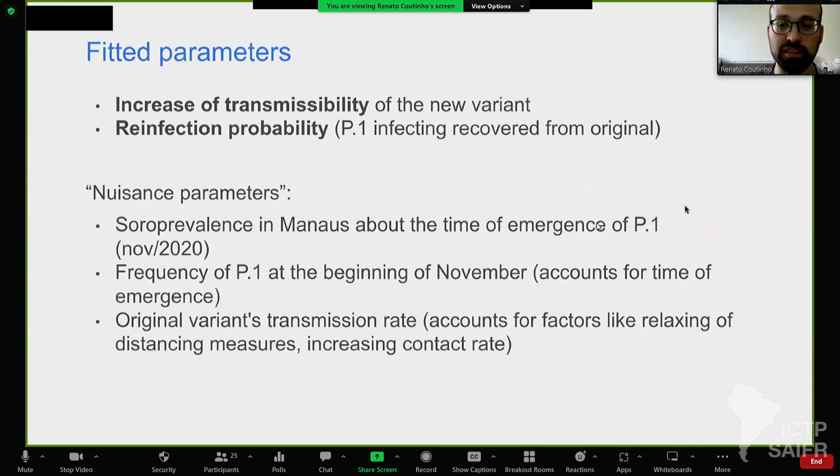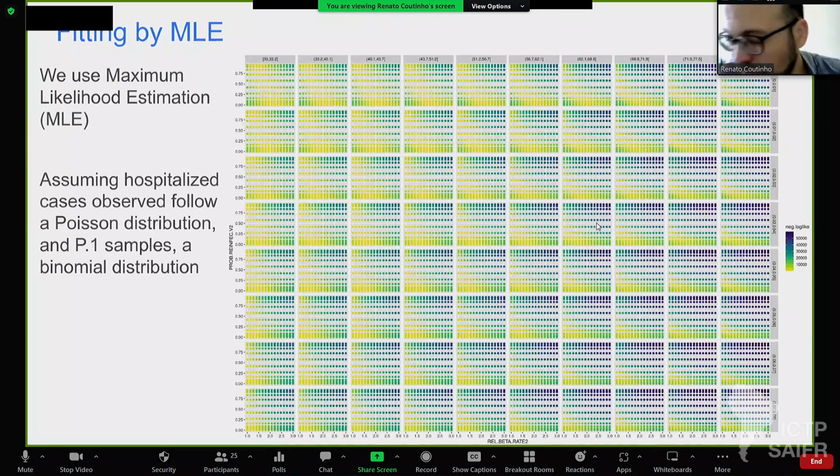We didn't do this in the most fashionable way, we did this with a very simple method that is maximum likelihood, okay? This is not great, but not bad, okay? It depends a bit on if you have a long time series, this doesn't work so well, but for short time series, as we have here, it usually works reasonably well, right? And what do you do, right? So you essentially compare